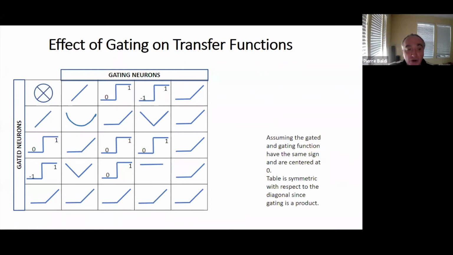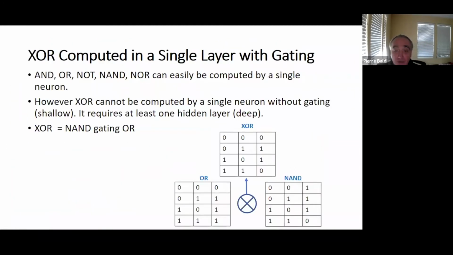If you gate a linear function by a Heaviside function, you get a ReLU function. So that's one way of seeing that ReLUs are interesting functions, because they come out immediately from this process. ReLU gating itself also gives you a ReLU. So you see there is a lot of ReLU on this table. And you get a few other things, like the wedge function, which has recently been shown to have interesting properties. It leads to more robustness against adversarial attacks, for instance, etc. So that's one first way of looking at the effect of attention at the level of single neurons.